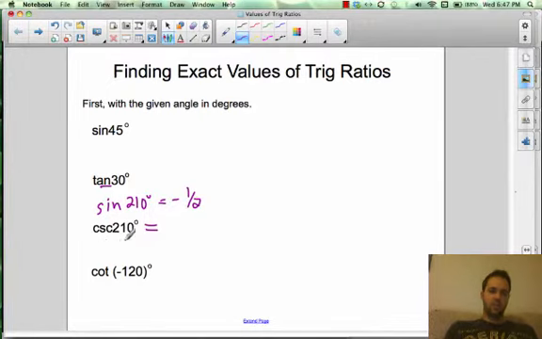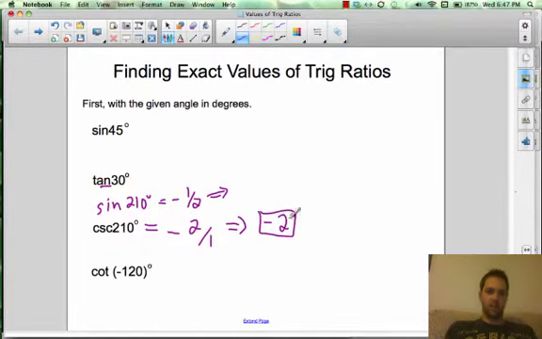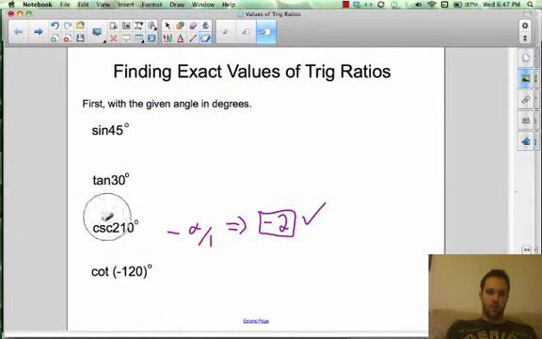And the cosecant is the reciprocal of that. So we take this and we flip it. The numerator becomes the denominator and vice versa. And we end up with cosecant of 210 being negative 2 over 1, which of course we can just simplify as negative 2. And we're done. Alright, and the final one here,